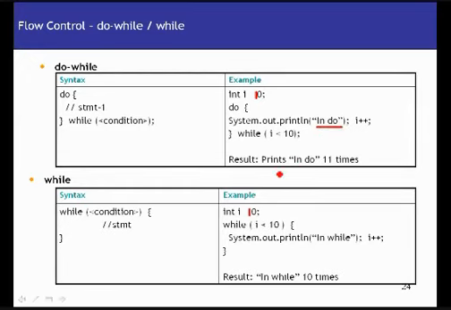But when you come to while, it's first going to check the condition while I is less than 10. Is 10 less than 10? No, false. So it's simply going to come out of this loop. So if there is not even a single match in a do while, the statements execute at least once. You're sure that even though there's no match, it's going to execute at least once. But with while, the statements will not execute if there is no match. So that's the difference between do while and while statements.